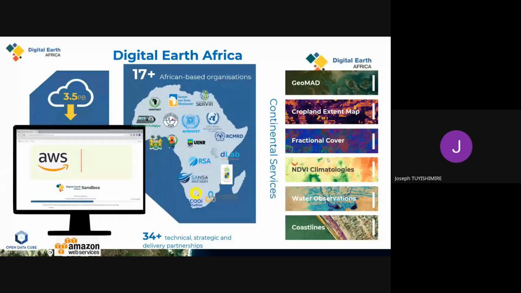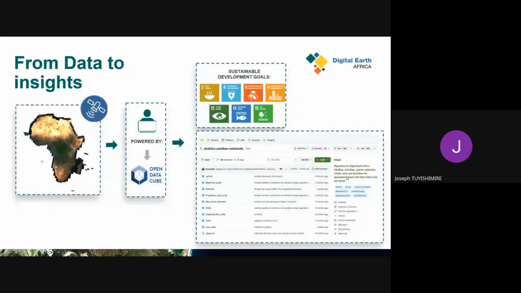And we have several products, but today we'll be focusing on the use of GeoMADs, the crop land extent, the fractional cover, and the climatology, just to inform on the vegetation situation in Somalia, but also try to understand the trends in space and time.